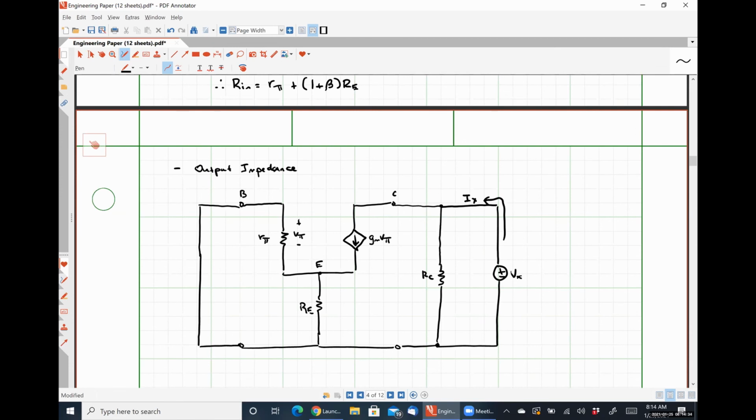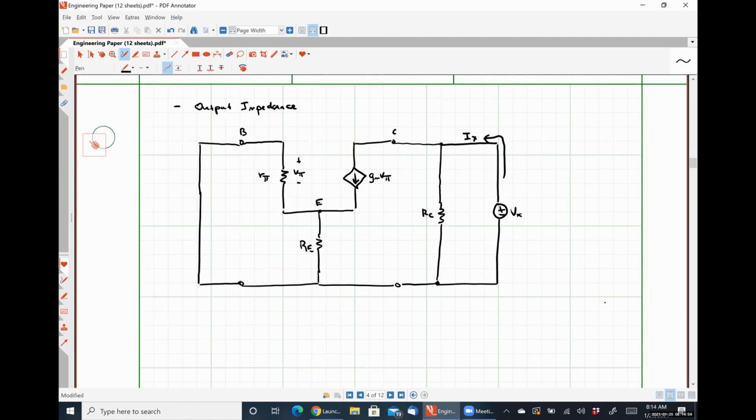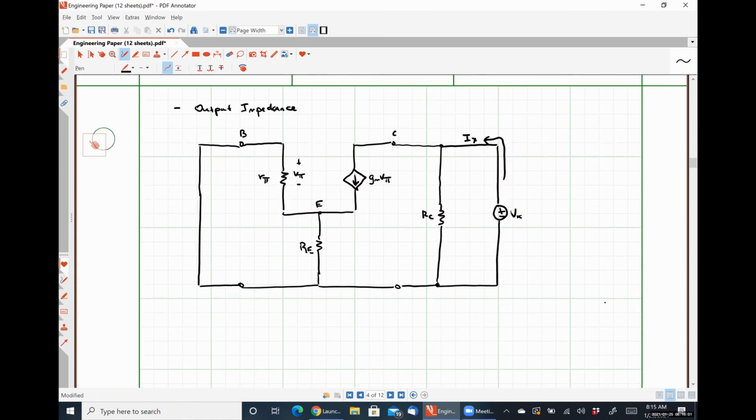So we can see that Ix is the current flowing into that node, and some of it should split and flow through that resistor RC, and then the rest of it will flow through that dependent current source GM V pi. That current splits between that resistor R pi and that resistor RE, or at least that's what it looks like is happening. But if we apply Kirchhoff's voltage law around the left-hand loop again,